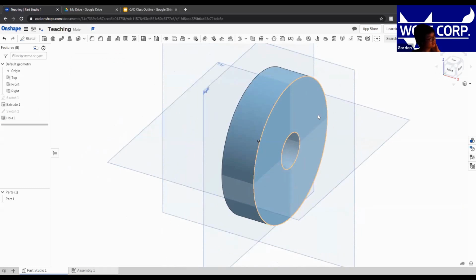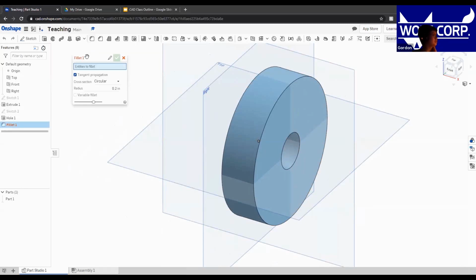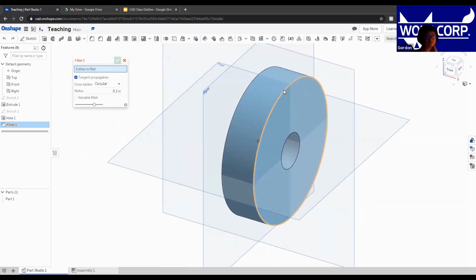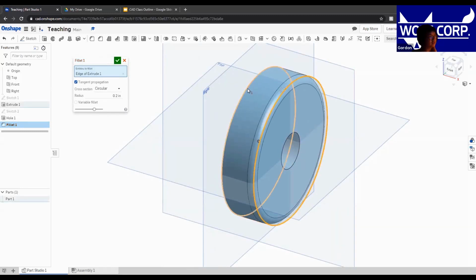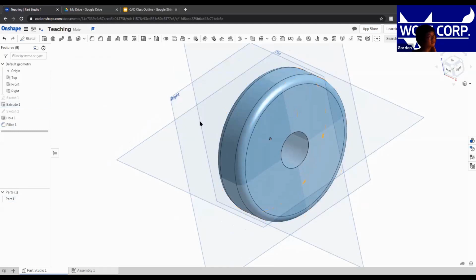As you may notice, it's kind of inefficient. It doesn't have any round edges, so it doesn't really look like a wheel. So what we're gonna do is we're gonna use another tool called fillet. So this will basically round off any sharp edges we have on our model. So we're gonna simply click on it, and then it should give us our fillet menu. From here, we are gonna click on our edges of our donut, our wheel. And then this should create a donut-ish shape. And then we can press OK. And then that should create a more